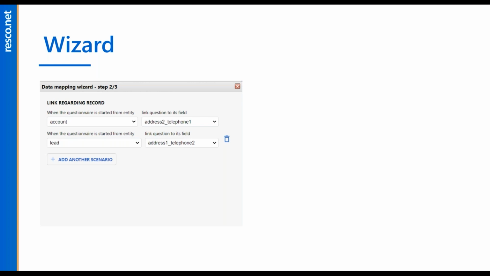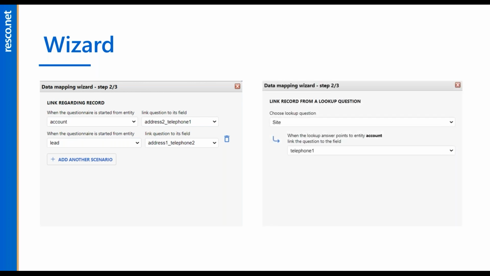So first you can choose, let's say, account, and then the field which will be used to map your questions. And you can add more scenarios here. So if you will run this questionnaire from more places, you can set up the entities which will be used. The second option would be lookup question. So in the first step you choose your lookup question which will be used, and then the field which you need